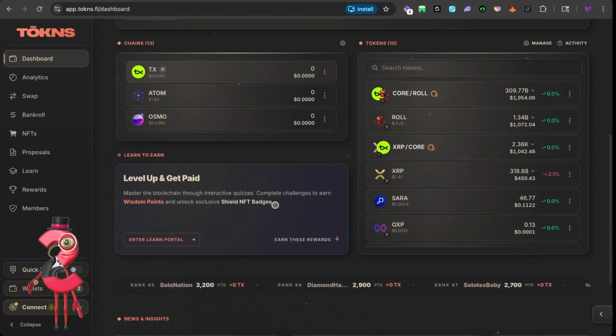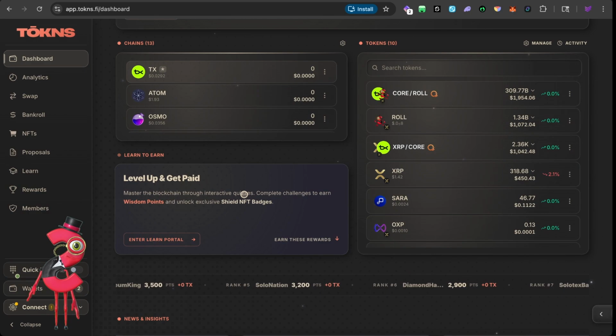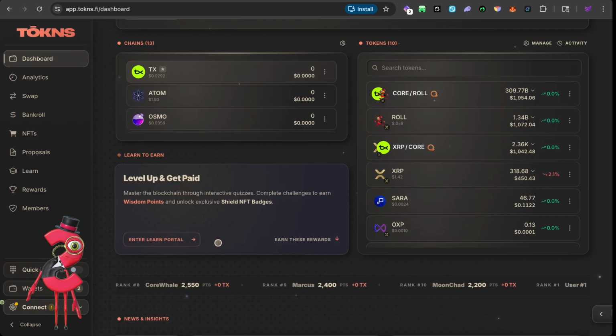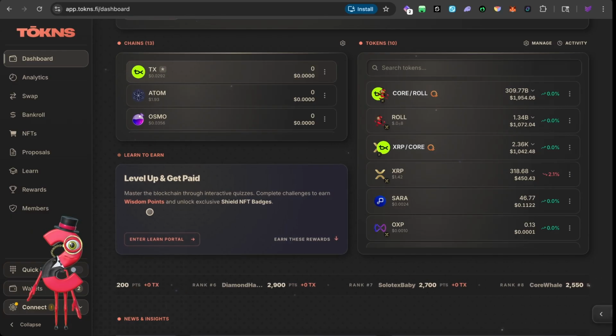And then at the bottom here, this is level up and get paid. I really like this feature. We can enter the learn portal by clicking the card, and it says earn these rewards. So there's some users that have been earning rewards. We still have to update some of the payout for the Corium token, but it's all being stored in the database, and we've got about 600 users, which is pretty cool. So if we click here,